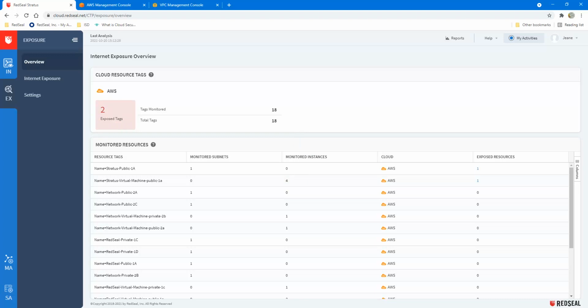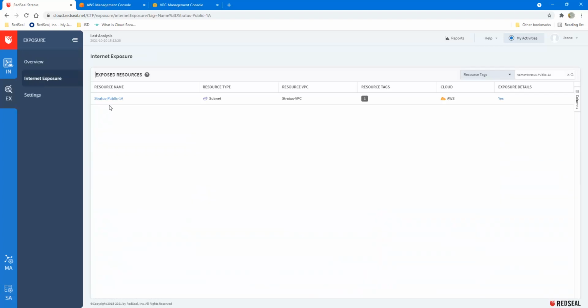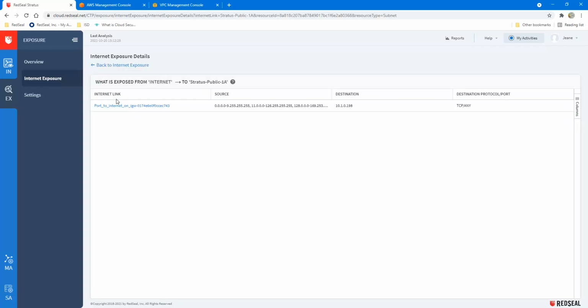If we click on the linked number shown in the Exposed Resources column, we will learn about the resource. In this row, we can see the resource name, type, associated VPC, and whether we collected exposure details within the resource. The Exposure Details column provides a link we can click and opens a link to the specific port with internet access, but we want to return to our exposed resource so we can see what other data we collected